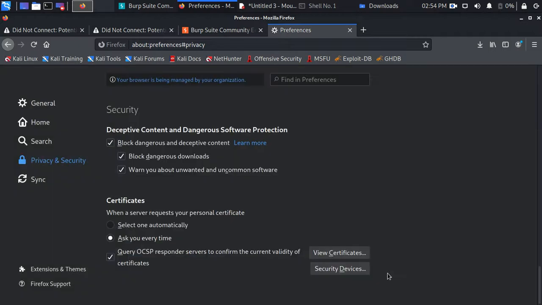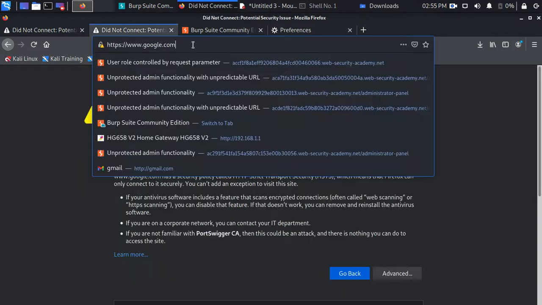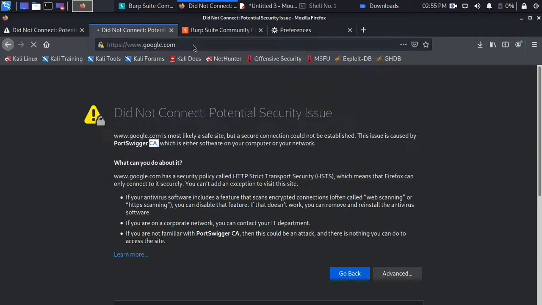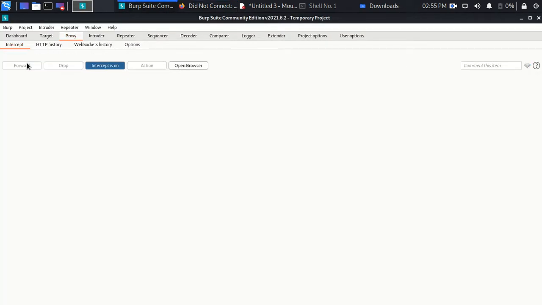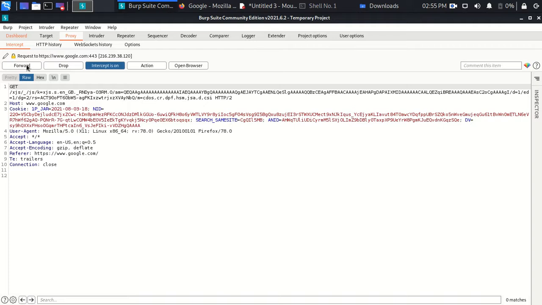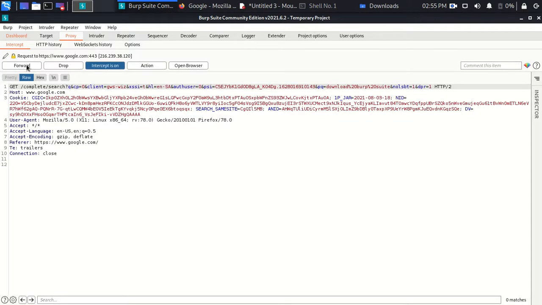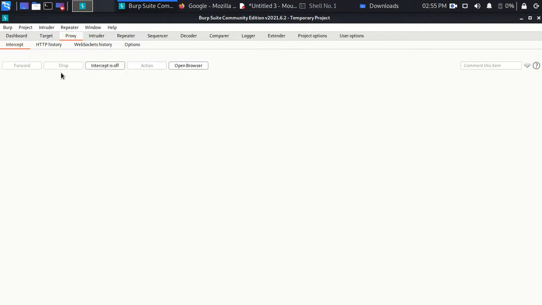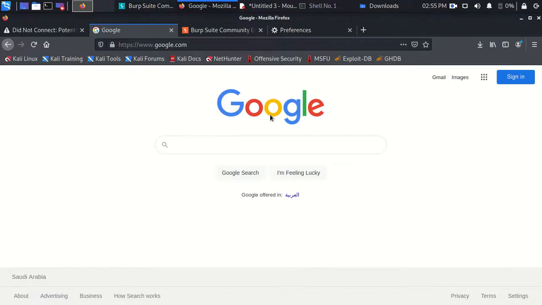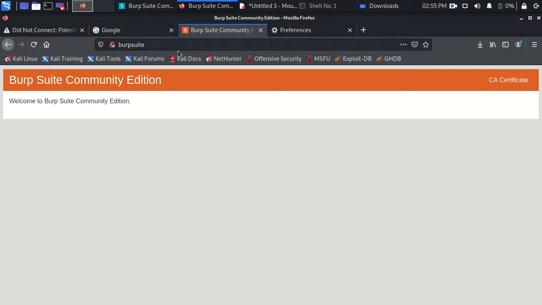Okay, fine. Now let's try to access this again, and let's see whether the error came or not. Fine. So we can now access any HTTPS website without any error.